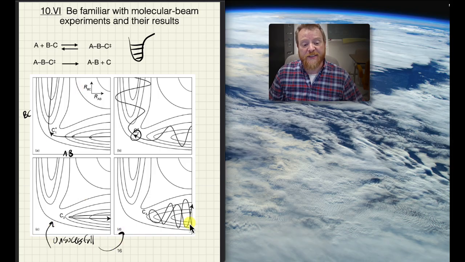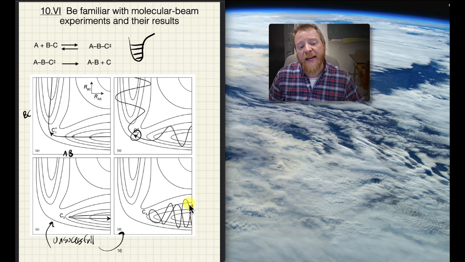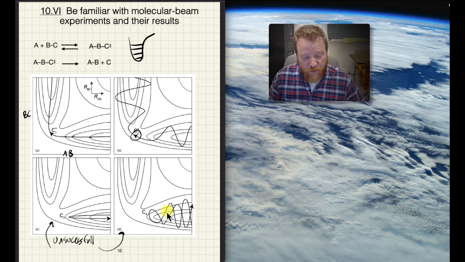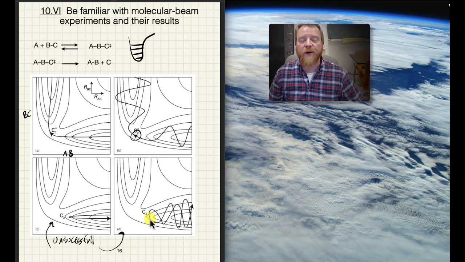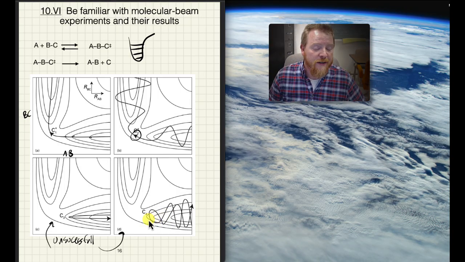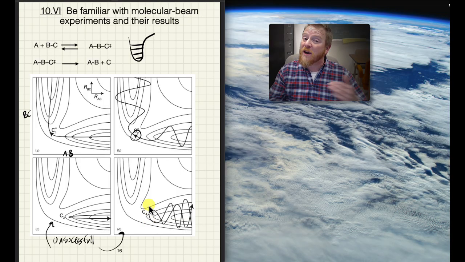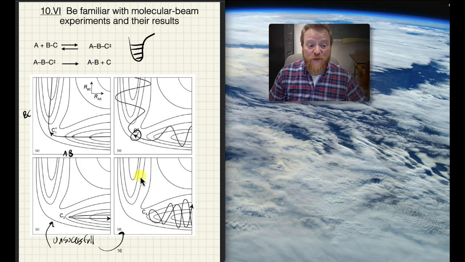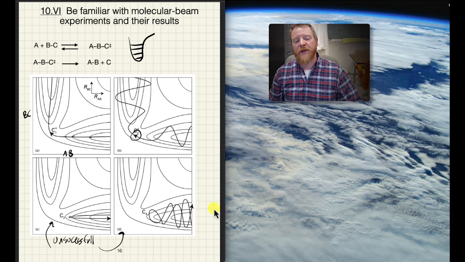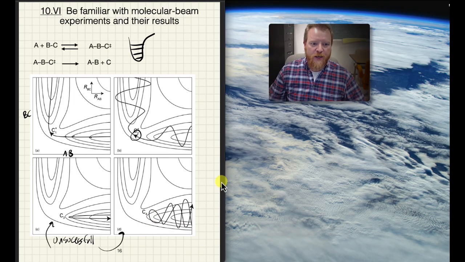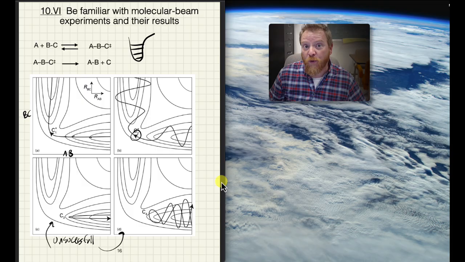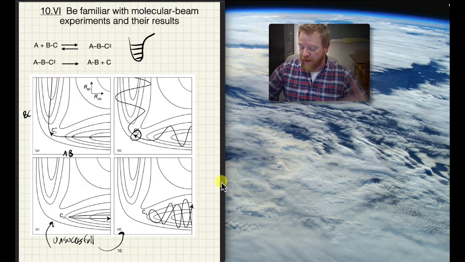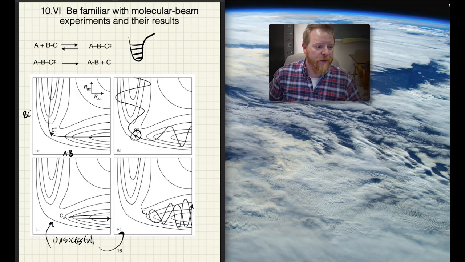And now, as you can see in this panel D, it is entering the transition state in a vibrationally excited state. However, from either the combination of it not colliding at the right angle or it being out of phase vibrationally with the product's potential energy surface, it also gets kicked back out. Okay? So this would be what we probe by changing the angle in that molecular beam experiment.